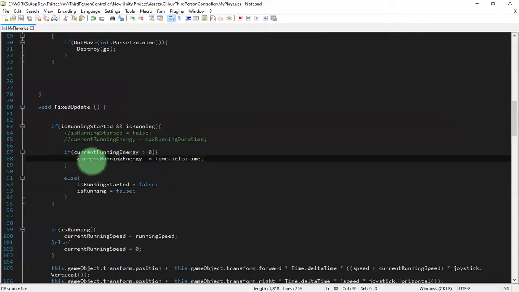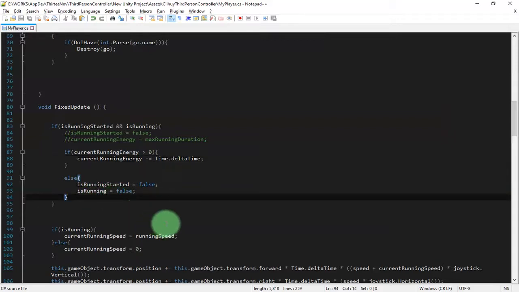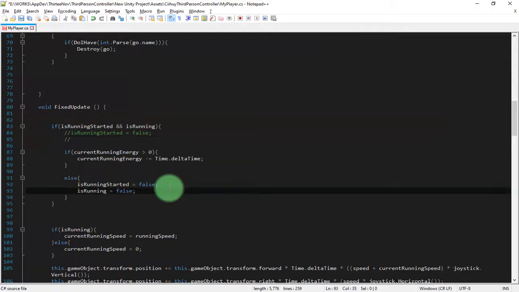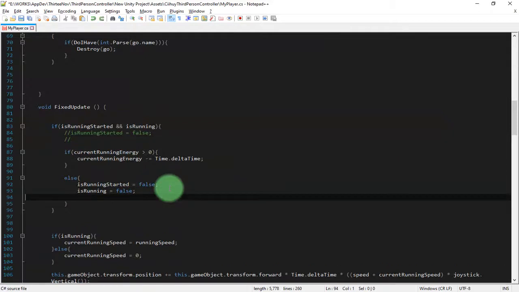It means that if I'm losing the energy of running, I cannot run again. I should be walking. And here this line, I think I need to place it here after the running. No, not there.